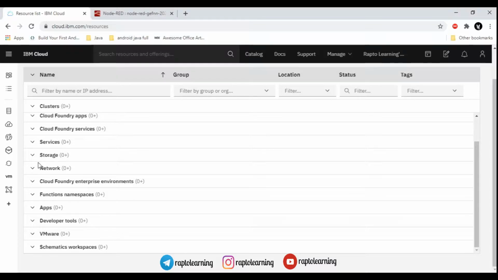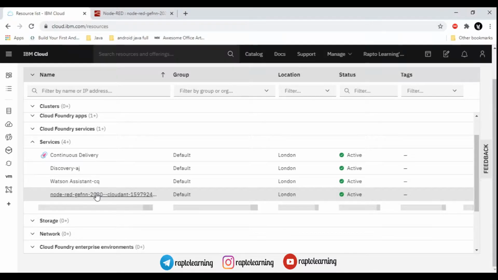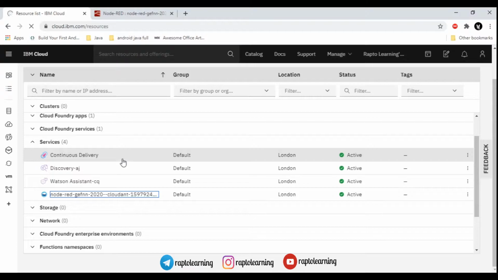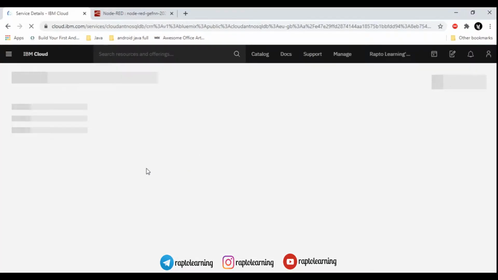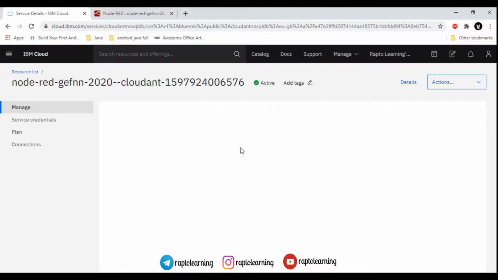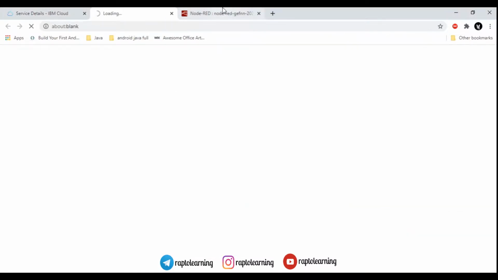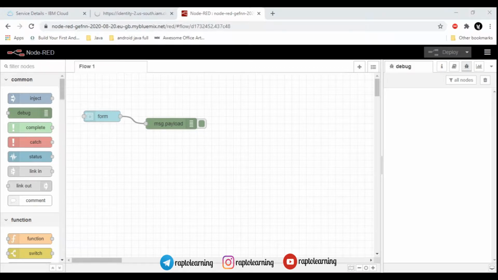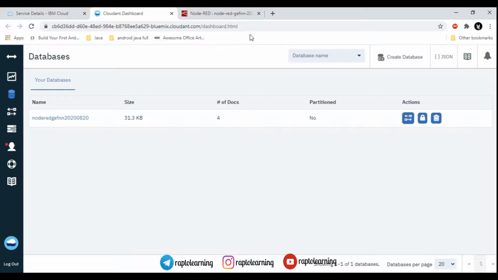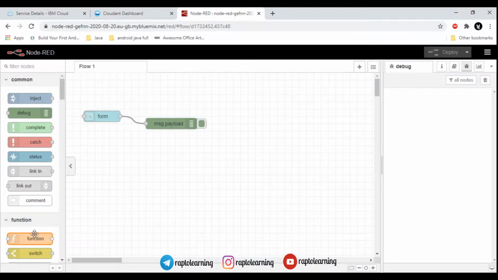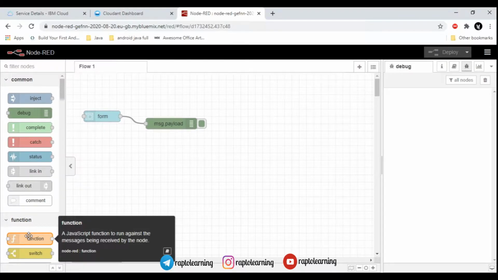This is how the dashboard of the IBM Cloud looks, where we have installed services. There are 4 services and 1 Cloud Foundry app. So we will just start Cloudant, and we will learn more about Cloudant in this video. That is how to store the data from the registration form, and how to extract that data for the user to log in. So make sure that your Node-RED looks like this. If you have followed, then there must not be any confusion, right? So just start the Cloudant, and I will show you what we are going to study in this video.